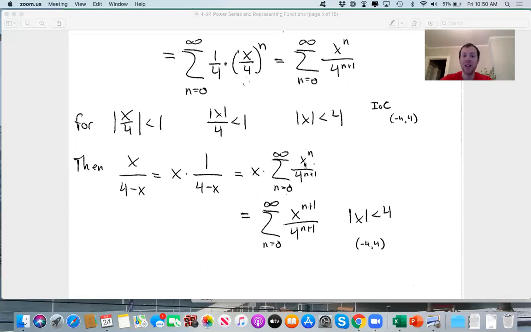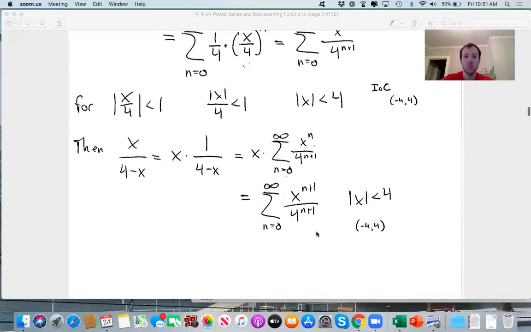You can really think of adding the exponents together, the 1 for the x times the n for x to the n. And so this function is represented by the series for n equals 0 to infinity of x to the n plus 1 over 4 to the n plus 1,